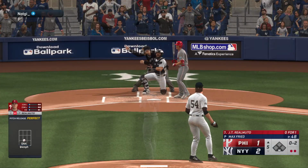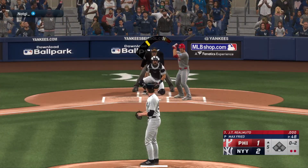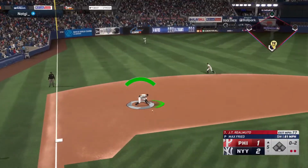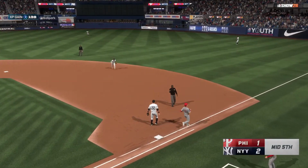Right there for a strike. Goodness, I think he just took the best pitch he's going to see in this at bat. You don't get many like that in that location. I don't know if you take that pitch against any pitcher out there on the mound. On the ground to third, tosses across to first, and